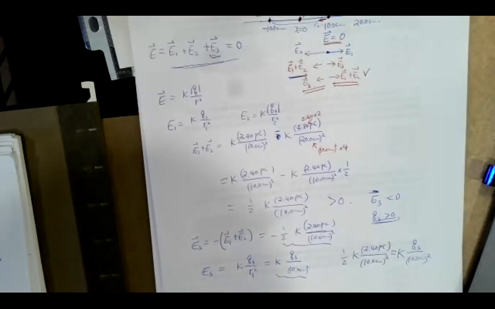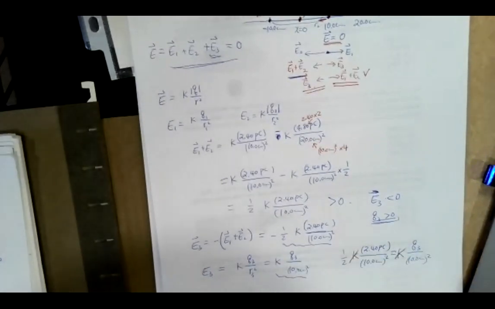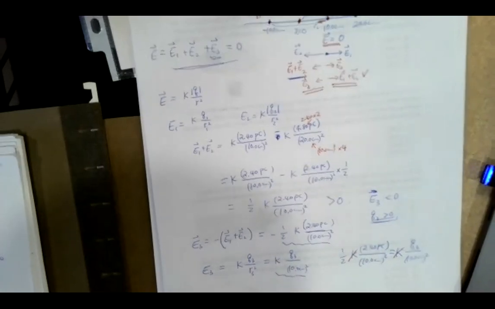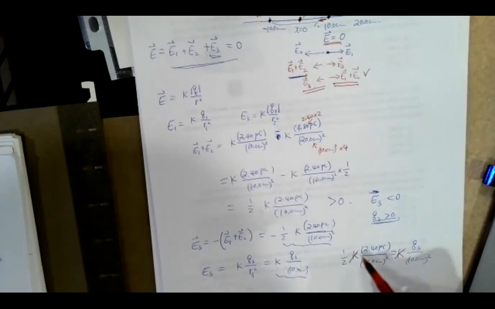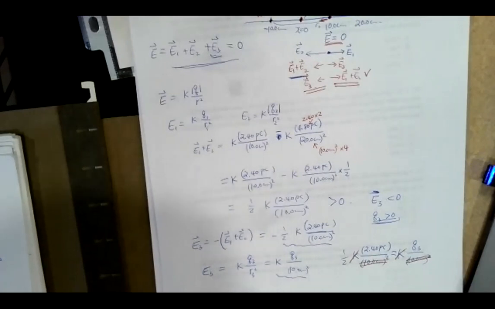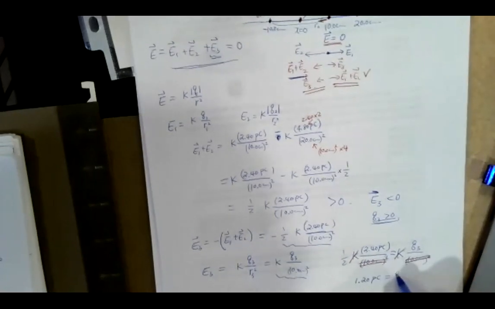Now you can see why I didn't plug in K in the first place, right? Because K and K here will cancel out. There wouldn't be a problem if you did put the K of 8.99 times 10 to the 9 there, you just have to keep track of the numbers. But here K and K cancel out, and the 10 centimeters squared cancel out. So then it will tell you Q3 is equal to 1/2 of 2.4 pC, so Q3 will be 1.2 pC, all right? Positive,